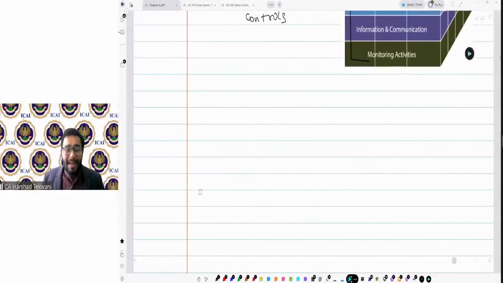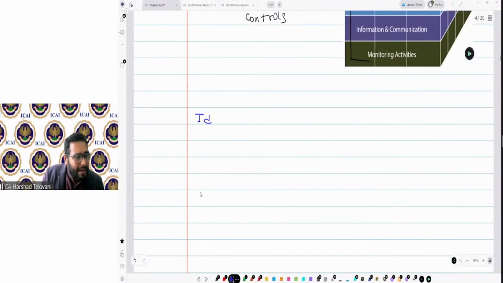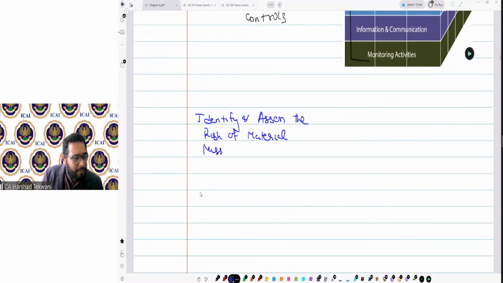So the next part is that the standard says: please identify and assess the risk of material misstatement. Okay, I agree to this and I will perform that, but how? That is what I need to understand. But before I go to how I need to assess the risk of material misstatement,